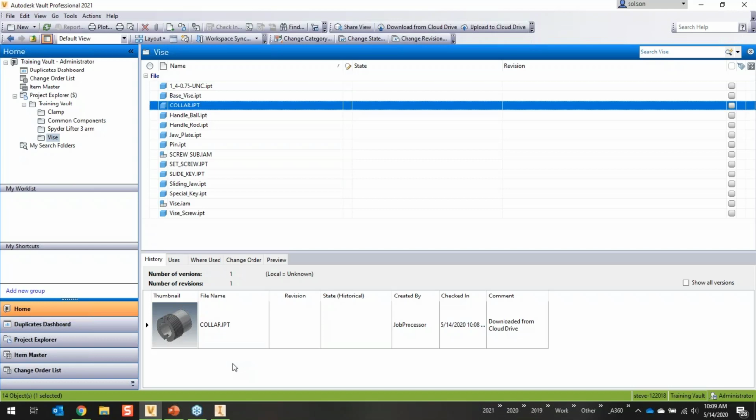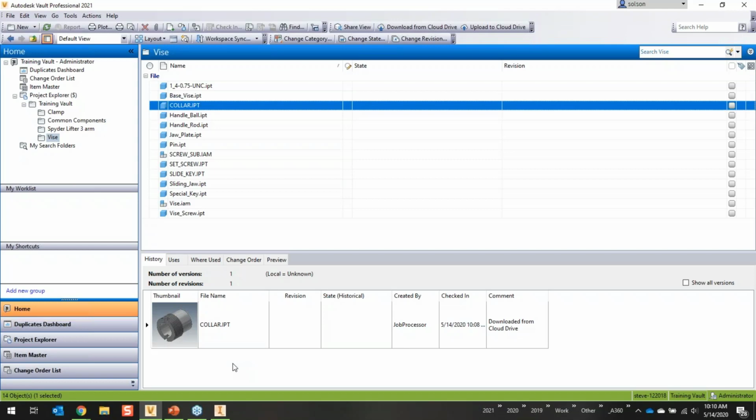Now, one thing that I do want to point out here is Vault Professional. A lot of our users that are using Vault Professional have a lifecycle system here. One of the things that I wanted to test very early on is, how does the syncing work with the lifecycle scheme? If I've got something released and somebody changes the cloud file, what happens? What we discovered is that because the file is released and it is read-only in the vault, it will not pull the file in from the cloud, because it's like, this file is released,